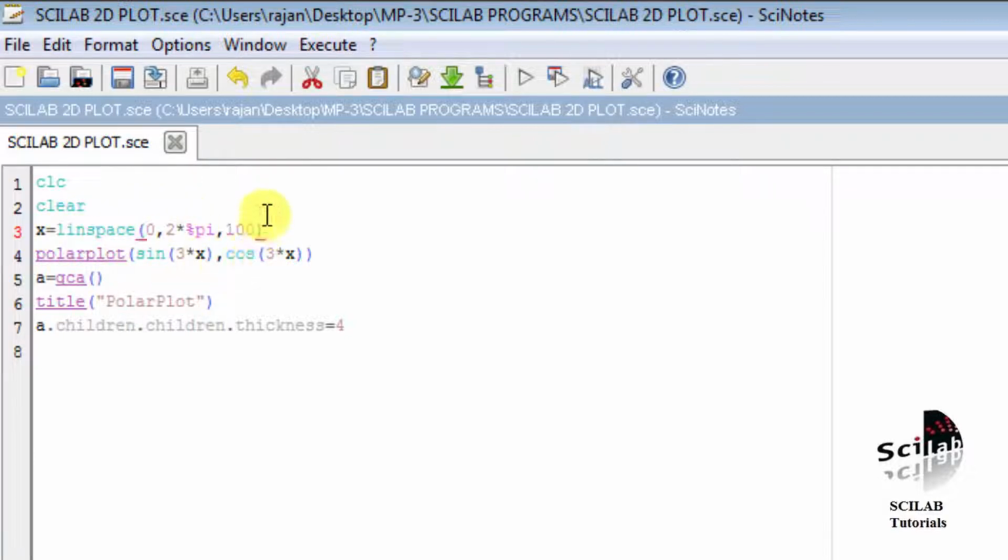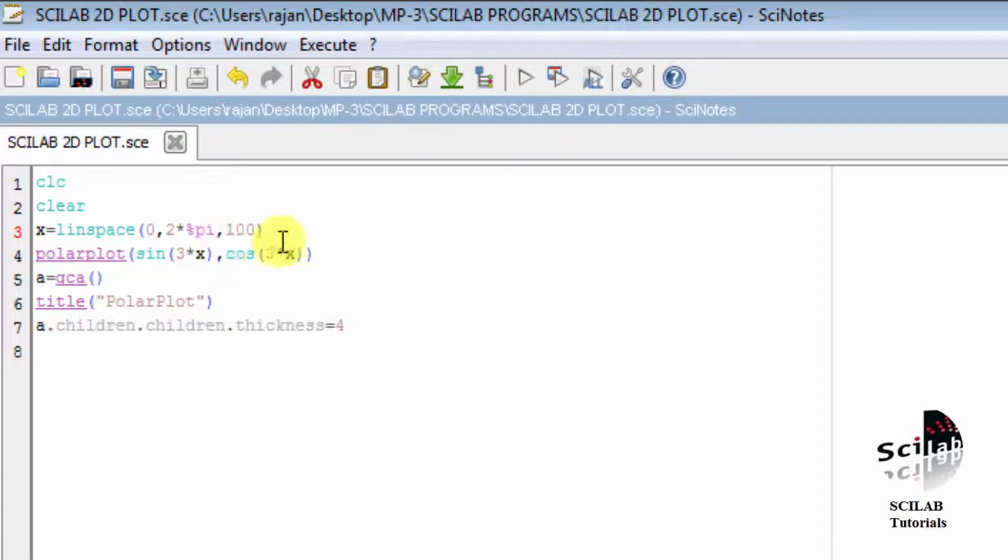This command will uniformly create an array which contains uniformly spaced values within the range 0 to 2 pi, and since I have given 100, 100 values will be chosen. So the x vector will contain 100 equally spaced values within the range 0 to 2 pi.